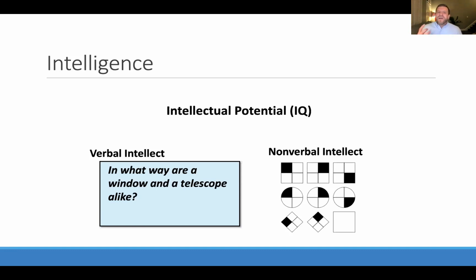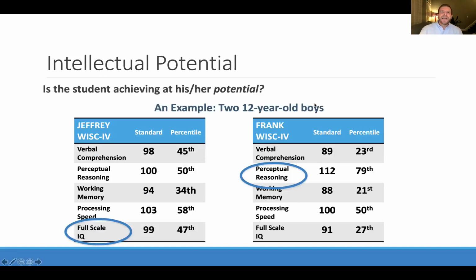Okay, so we can already see that for a student that may have, for example, language-based learning disabilities, when we're measuring those verbally based domains, we may not be getting fully at their underlying intelligence if there are barriers to assessing that. And when we measure intelligence, we're really wanting to look at those higher level thinking skills. So we've got to make sure that's what we're accessing for an individual. So just to show you an example here, this is from the WISC-4, so it's a little bit dated. This is the last version and not the 5, but for simplicity's sake, I just want to kind of show you that verbal and nonverbal.